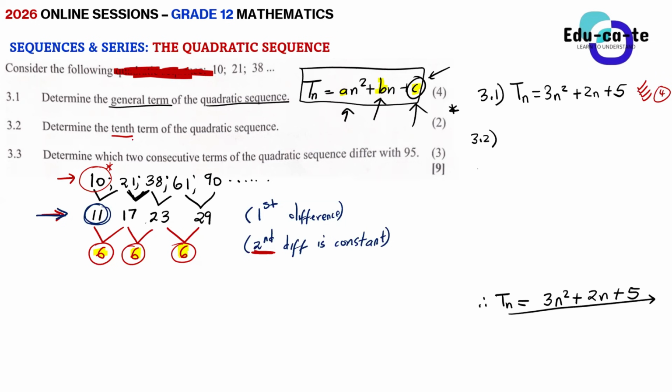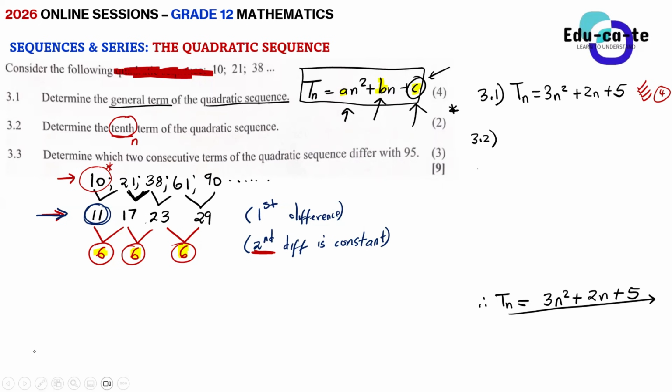It is n, which is the position, because we're looking for the 10th term. But if they said calculate, okay, fine, determine the 10th term for the quadratic sequence. So we are looking for what? Are we looking for n or Tn? We're looking for Tn, because we've been given that the position for this particular value is 10, position number 10. All right, yes, no?